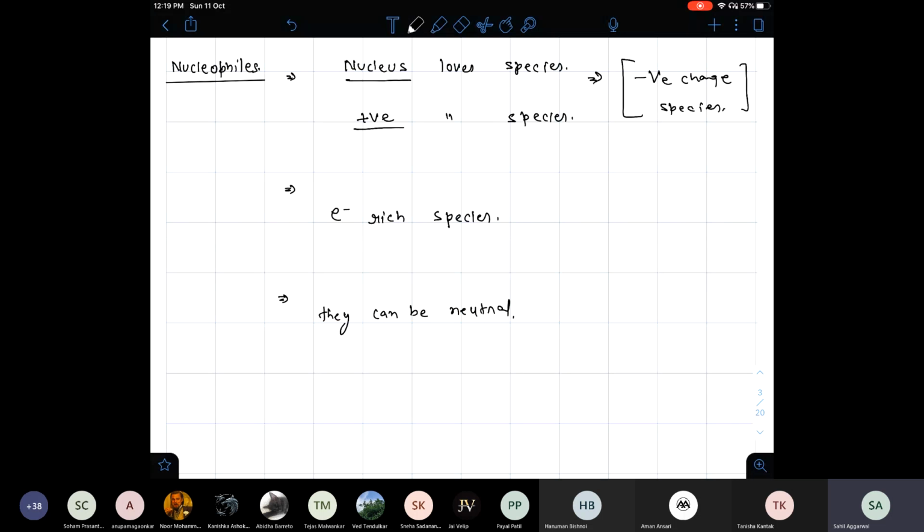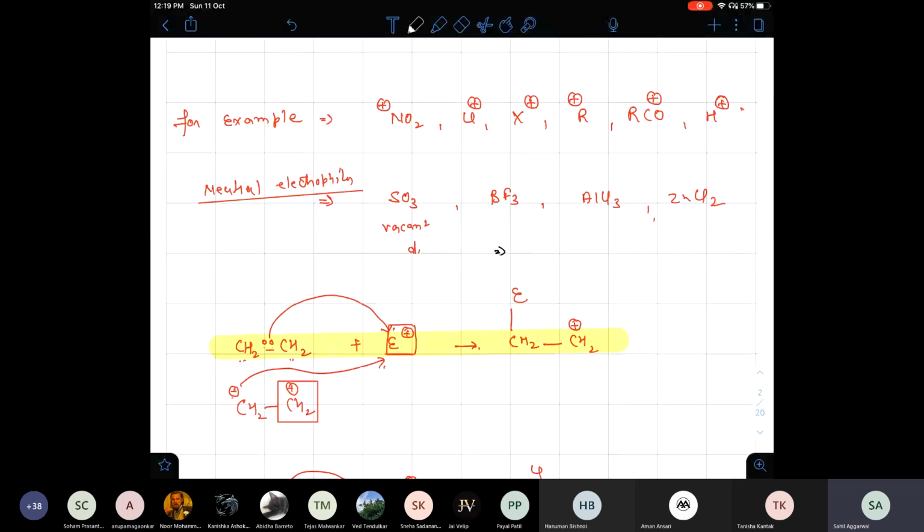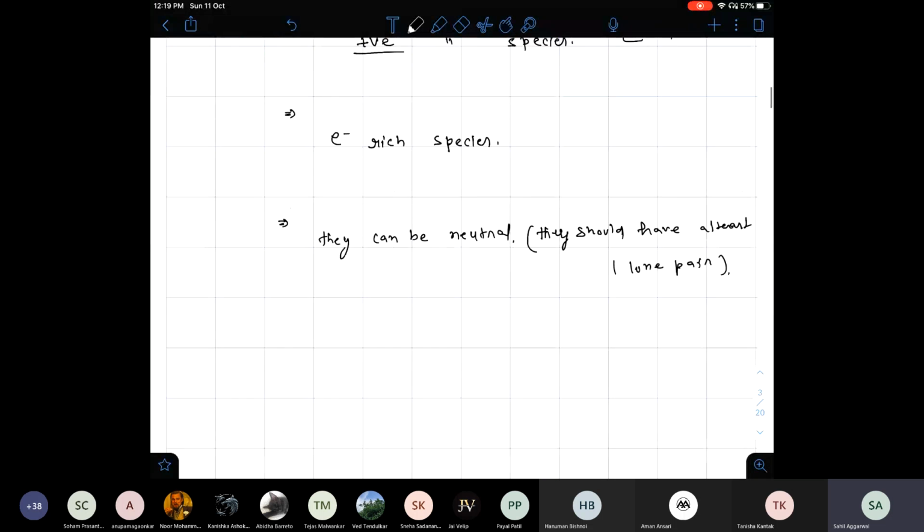So they are neutral. They are nucleophile. How will you come to know? By seeing a neutral nucleophile. They should have a lone pair. They should have at least one lone pair. आई एम मेकिंग दिस क्लियर अगेन कि कार्बीन्स इलेक्ट्रोफाइल्स हैं, कार्बीन्स न्यूक्लियोफाइल नहीं है।